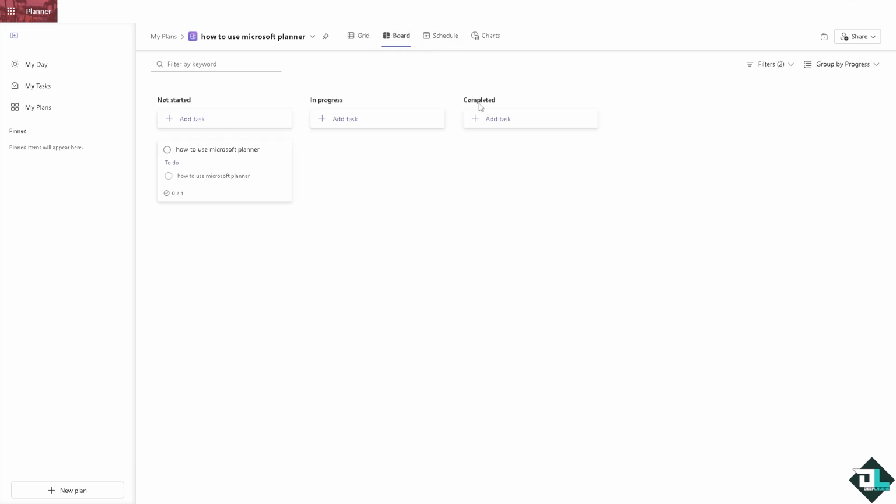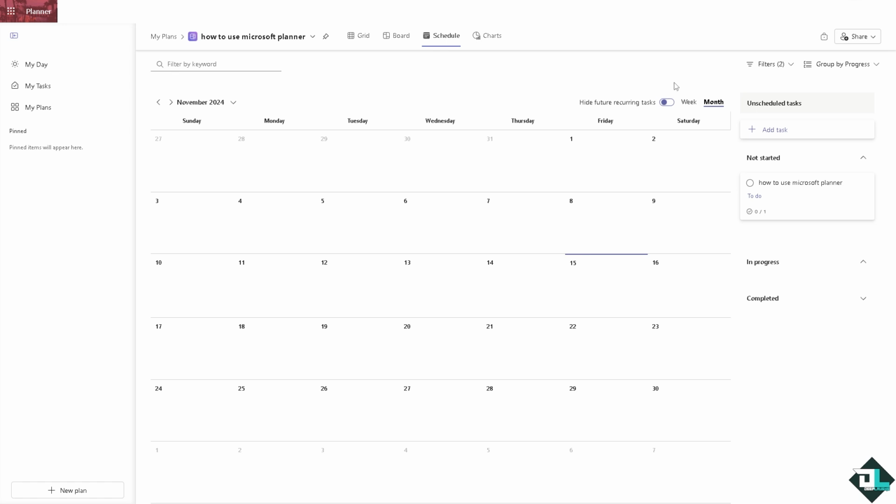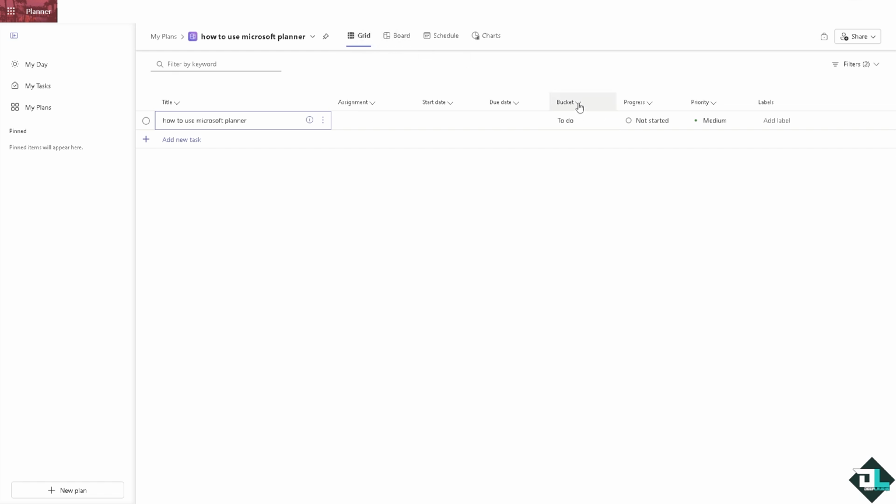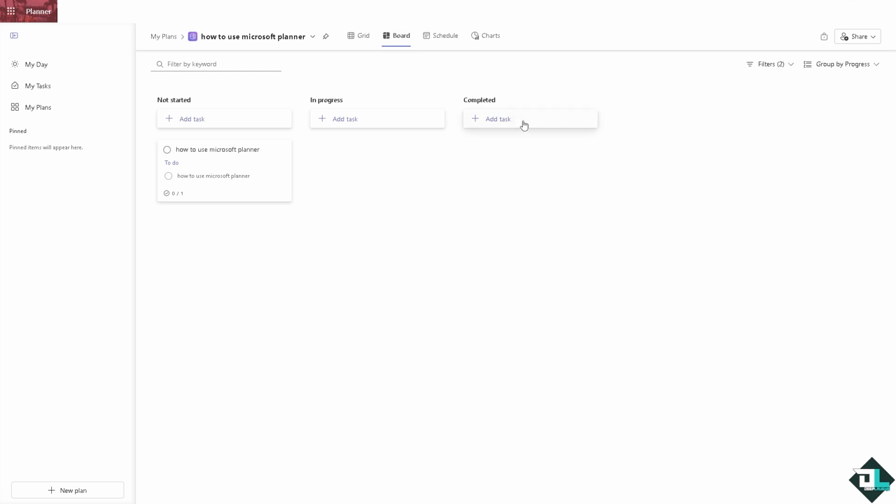If you go to the board, you can add on the schedule. There are going to be a lot of options here for creating more tasks and a simple timeline, and you can group the tasks by progress, assigned to, due date, labels, and priority. You can also choose the assigned to. But there's a lot that you can work with. Now, on the grid view, you can notice that you have the bucket wherein you can sort ascending and descending. If you click on the board right here,